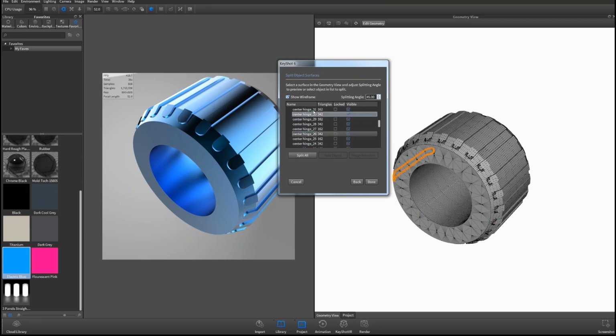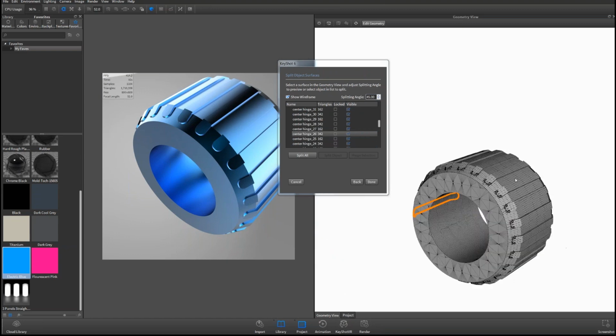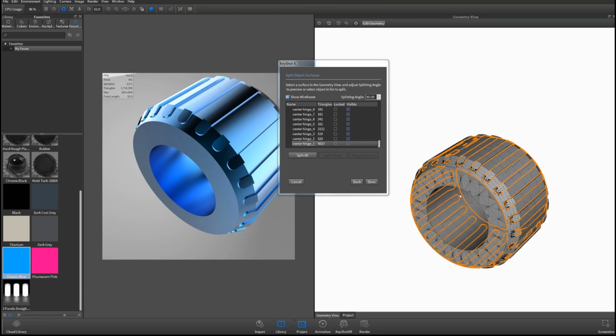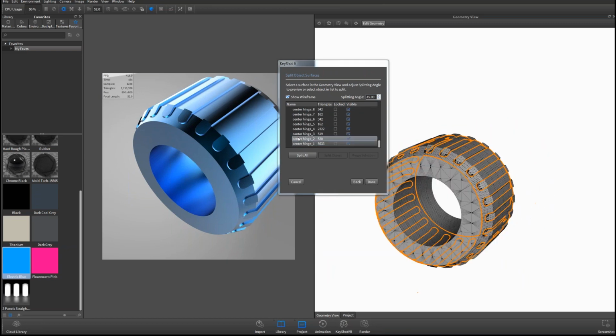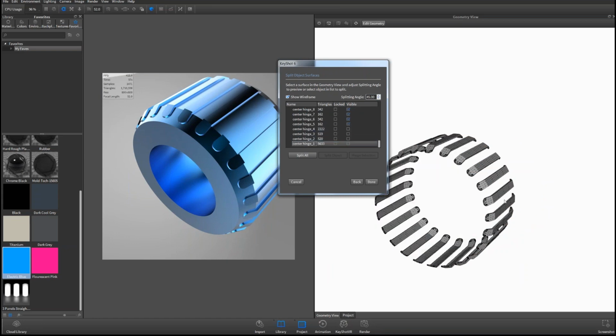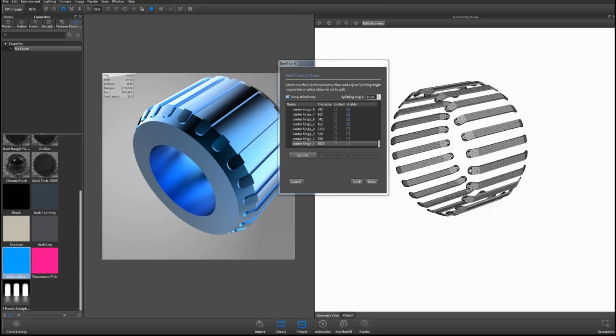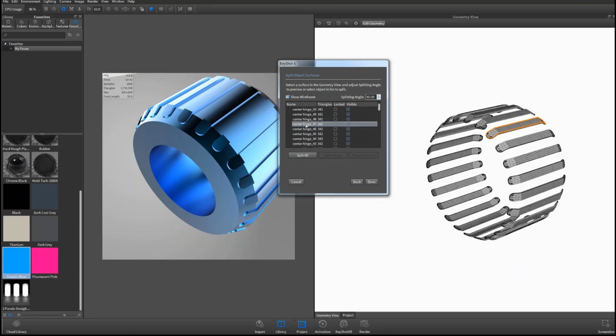All right, well, what I don't want to do is have 50 different surfaces, one for each little nub. What I can do is multi-select. Down here at the bottom, I've got some of the parts that are that central barrel part, and for all of these, I can toggle the visibility on and off so I know what surface is what. So I can toggle all of those off, and now I have just what would be in my head like rubber nubs. If I select all of these, holding down shift, now I can merge these. So now these are all part of one body.